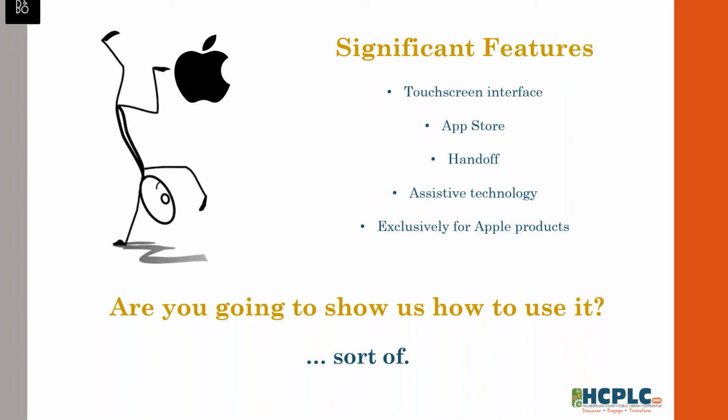This is a really big deal. There are currently between 1 and 2 million apps in the App Store, so a whole bunch of apps that you can choose from. Funnily enough, and a little bit of a tidbit, Apple owns the term App Store. So technically, nobody else could use the term App Store to explain what their application store is. Right now, they are currently in litigation with another big tech giant, Amazon, over the use of App Store, because Amazon calls their store the Amazon App Store, and Apple doesn't really like it. So they are duking it out in court right now.